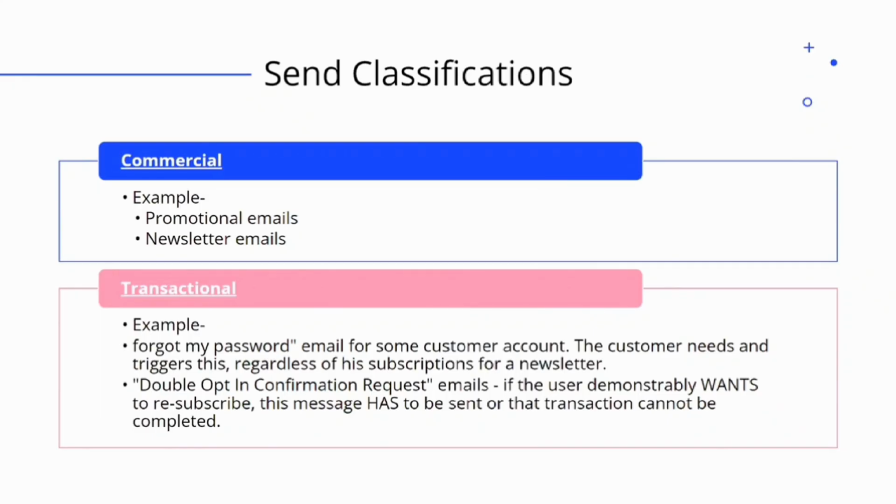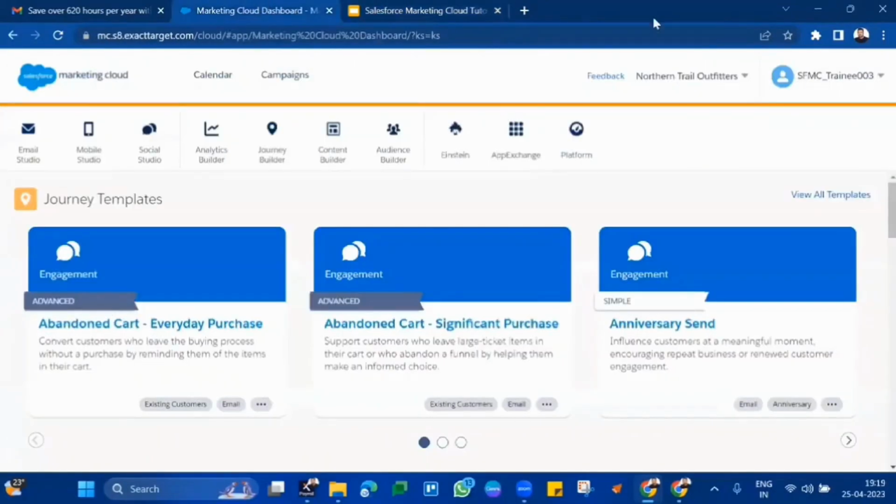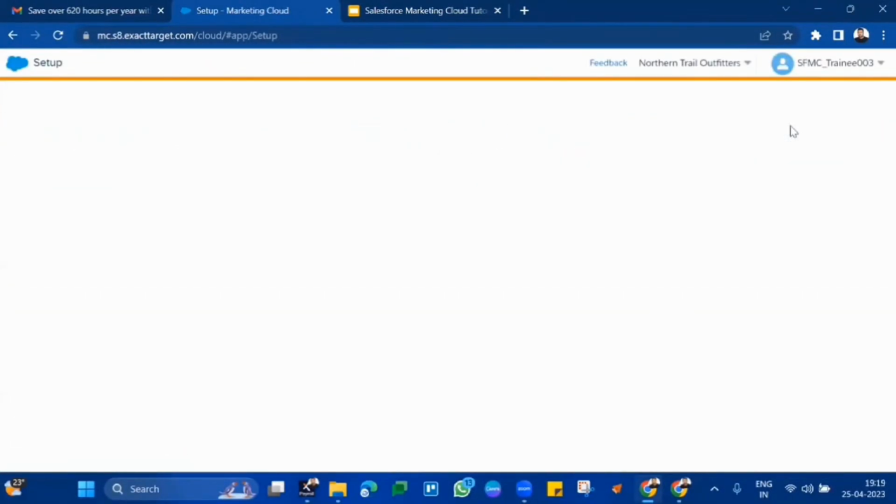How to create send classifications? Send classification, we have to create in email setup, that means Email Studio settings within setup. Commercial and transactional, we have to differentiate. So we have to go to Email Studio setup. Once we went to Email Studio setup,